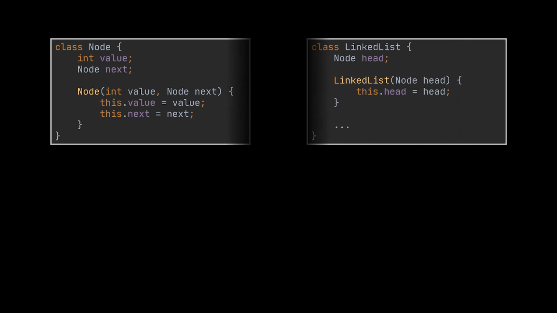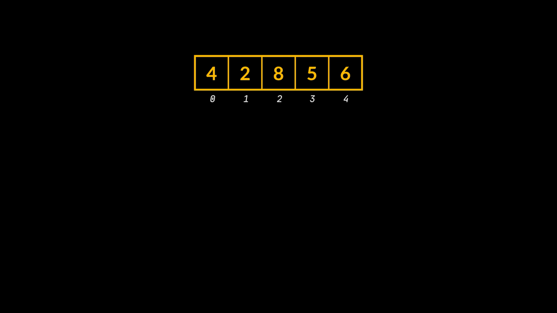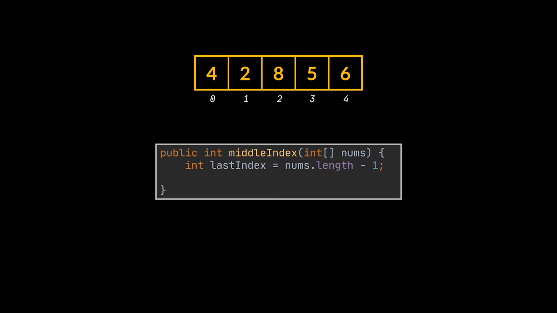Say you have a singly linked list represented by the node class you see in front of you. This list contains multiple nodes storing different values, and our goal is to find the middle node of this list. Now, if this list was represented by an array instead of a head node, what we'd have done is find out the index of the last element in that array in constant time, and then return the value located at the middle index also in constant time.